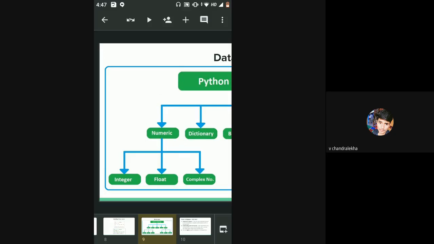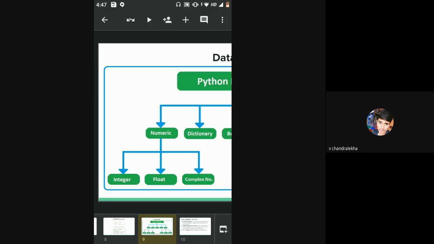Right now, all we have to see is the numeric data type. You know what an integer is, right? Now, what is a float? Float is nothing but a decimal number. Anything that has a decimal point is a float. I think complex numbers are not actually used, but if you have learned it in mathematics, complex numbers have a real part and an imaginary part.